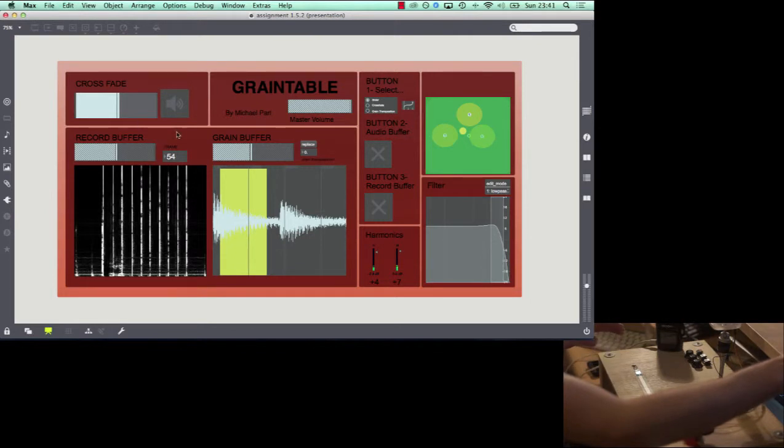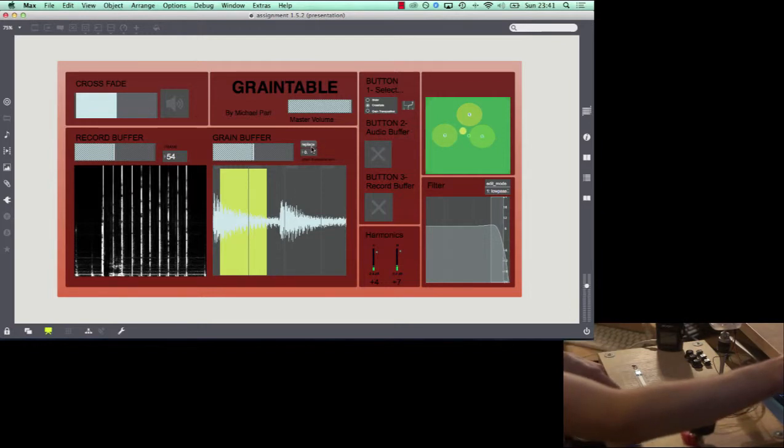So if I quickly go through this Max patch, the presentation mode of it, the crossfade can be operated using this button and the slider. Through the first button you can change the functionality of the slider, so it will either be no input, the crossfade, or grain transposition of this audio buffer here. So if I move to crossfade, you can see it crossfades between the two audio signals, which are a record buffer going through the Zoom H2N and an audio buffer